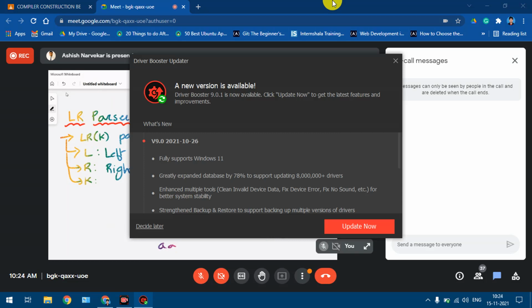R stands for rightmost derivation in reverse, and K is the number of input symbols. It is also called the number of lookaheads. So this is the base of what LR parsers are, just from the definition point of view.